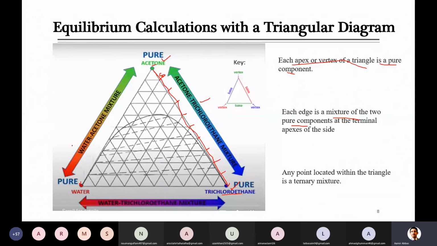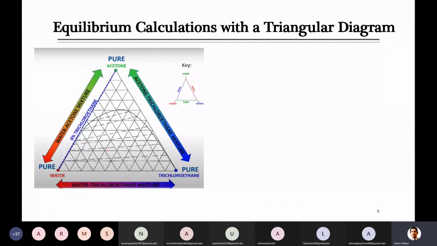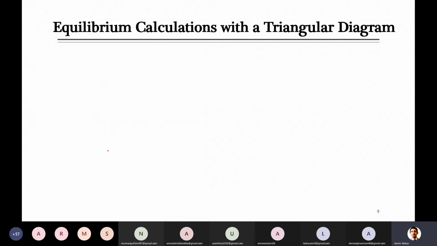Similarly you can talk about any of these lines, like the water and acetone line. Here water is 100%, and as you keep moving upward at any point on this line, water reduces and acetone increases, and the reverse in the opposite direction, and the same on this line. But when we look at any point inside the diagram, all of these components will be there. From the next lecture we will talk about what that means and how the points are located inside the diagram.